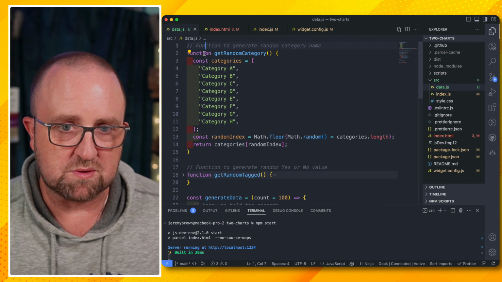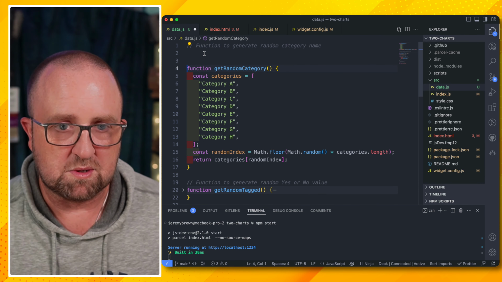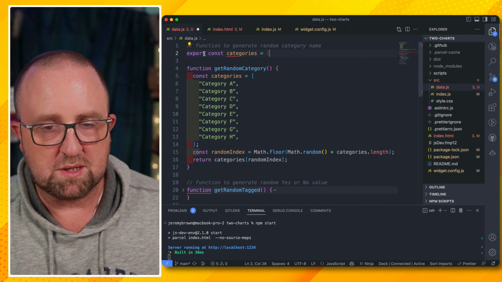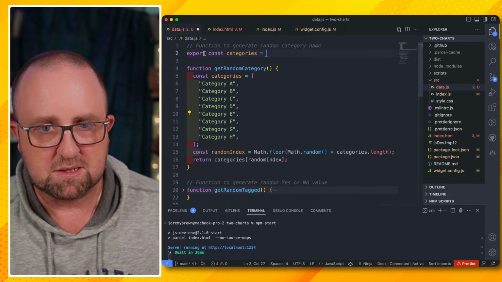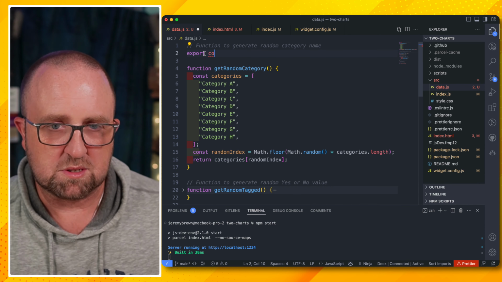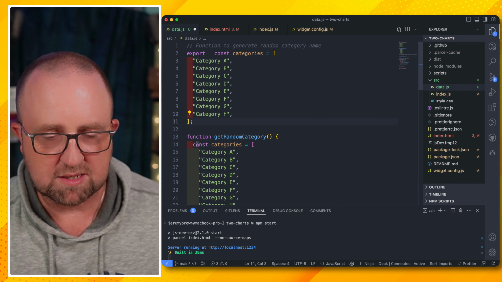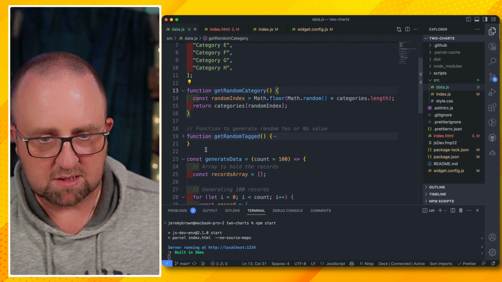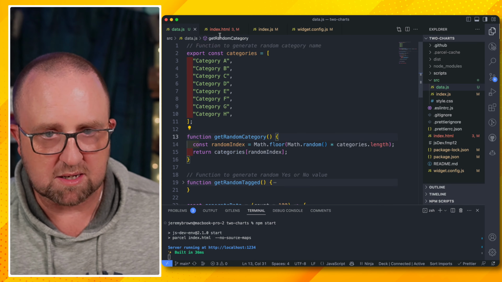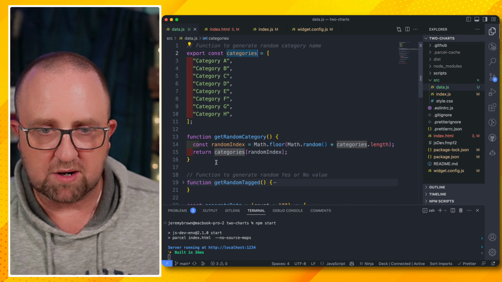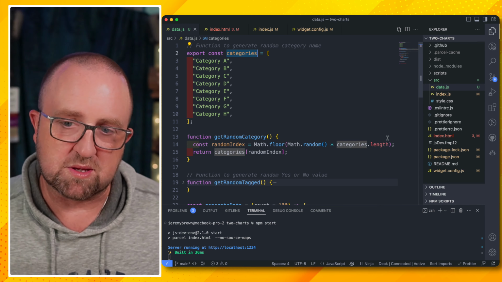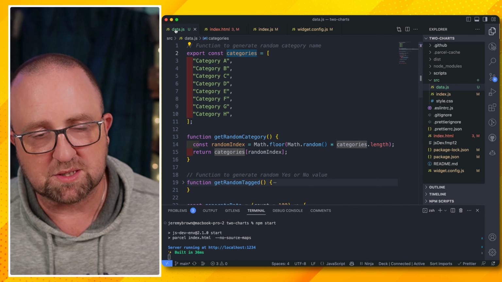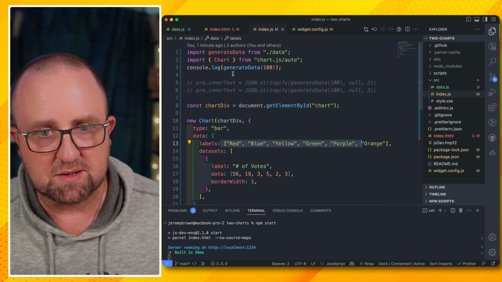Actually, what I could do is just do this. So I'm going to do export const categories equals that. No, export const categories equals that. And then I'll remove this. It should still work fine because this variable is inside of this file, so it's within the scope, so we're okay. But now I can export this categories array as well into my